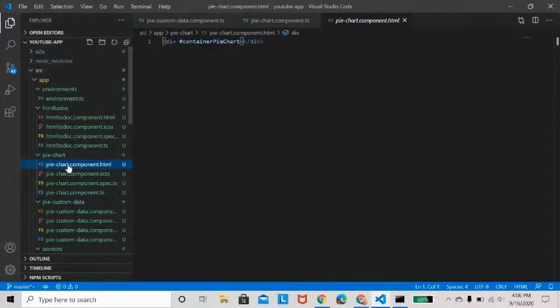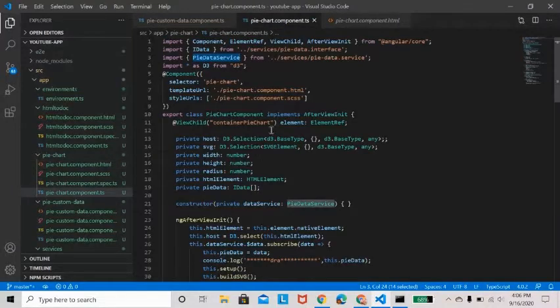In the HTML file, I have created only one div with the ID container PyChart. This ID is going to be our HTML element. There only we are going to draw our pie chart.